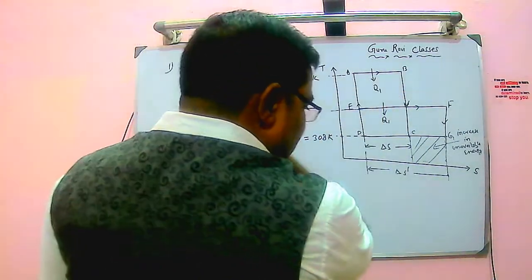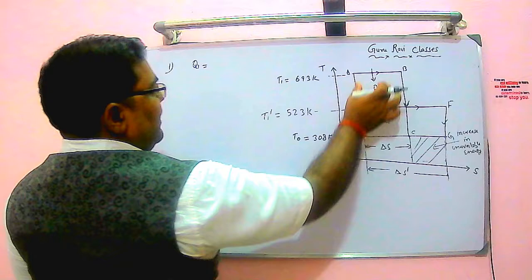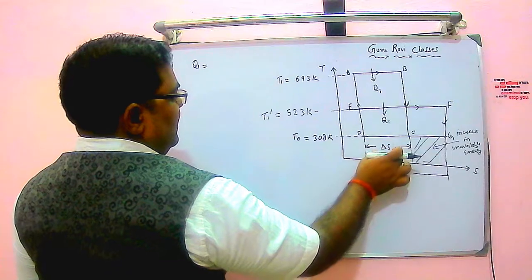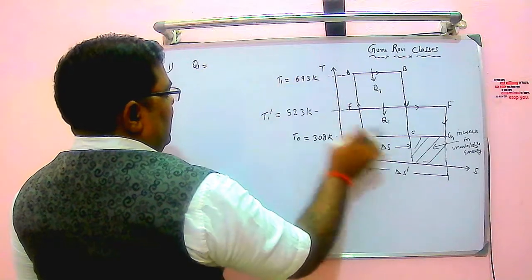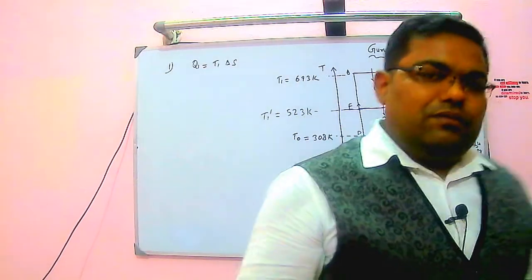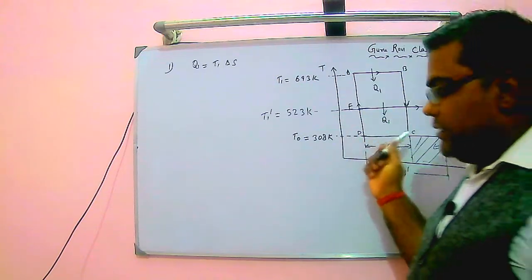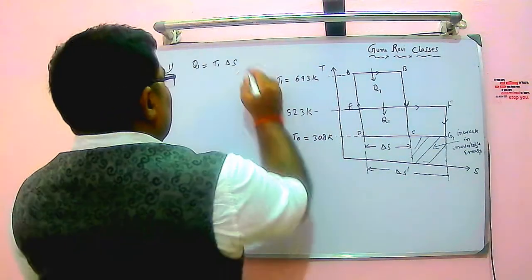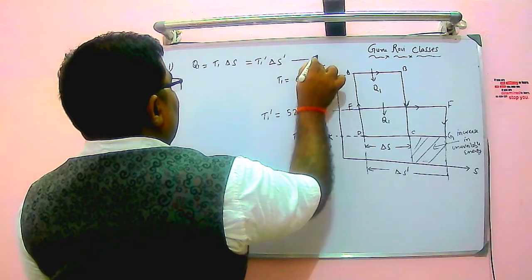So heat Q1, you can simply write one equation. Heat Q1 which is getting supplied, it is a source basically, so at constant temperature it will be supplying this. As per the second law, heat is equal to T1 into delta S. This is the heat which has been supplied from water which is vaporizing here. Then at evaporation, how much heat has been taken will be equal to this, because the same heat we are supplying here to make the water evaporate. So that can be written as T1 dash into delta S dash.